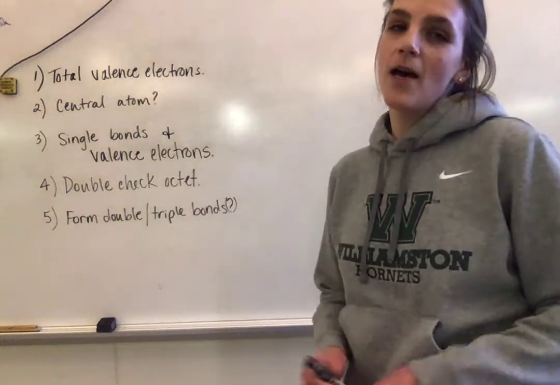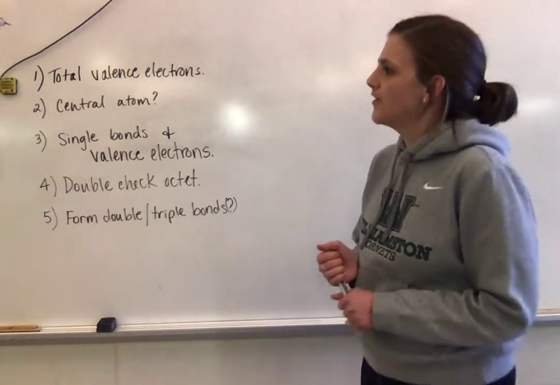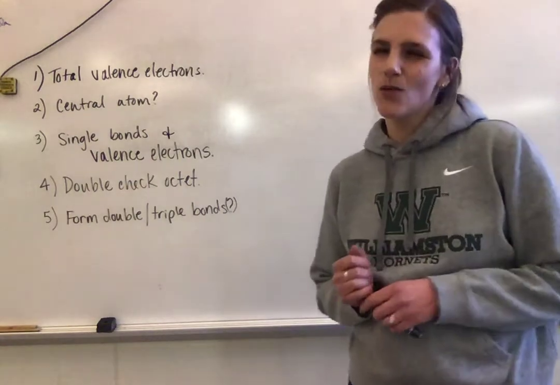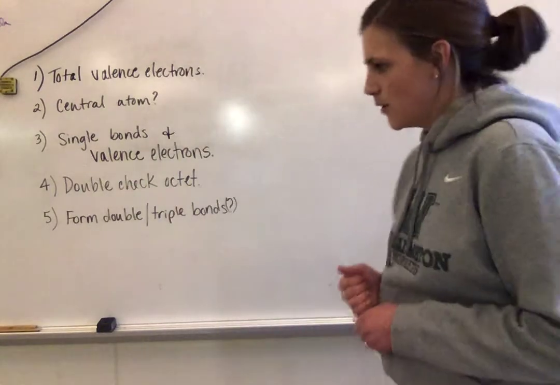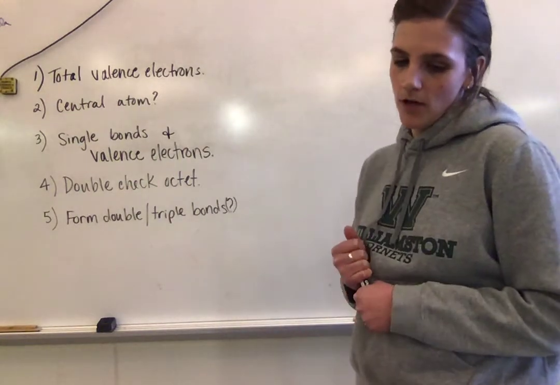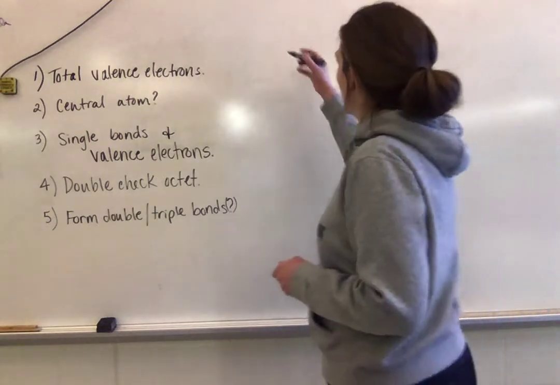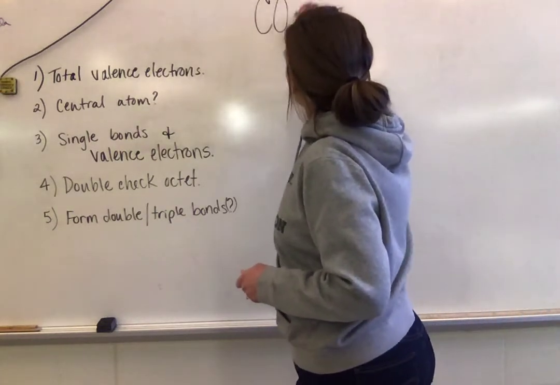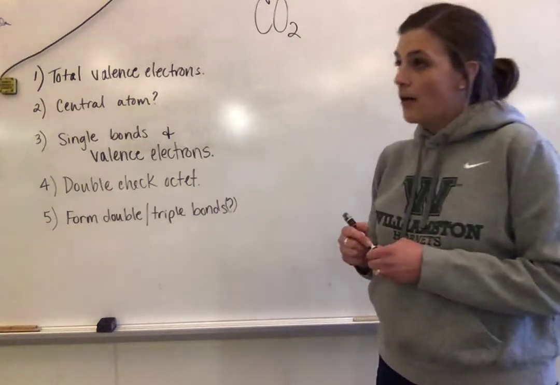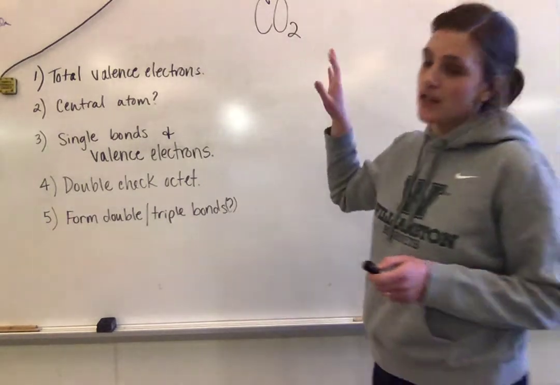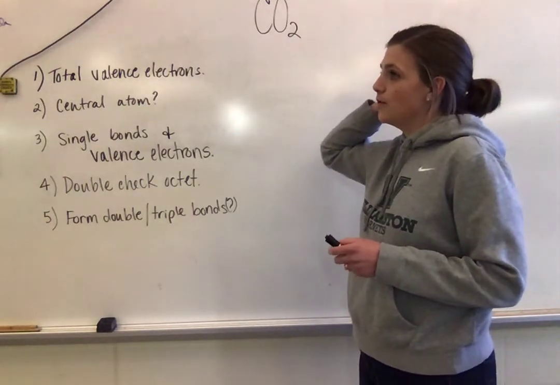So now we're going to do some Jamboard practice problems. I chose particularly the toughest ones to do with you guys. And the first one that we're going to do is number 4, looking at carbon dioxide, CO2. Just as a recap, here's the steps that we're going to take in order to draw the Lewis structure